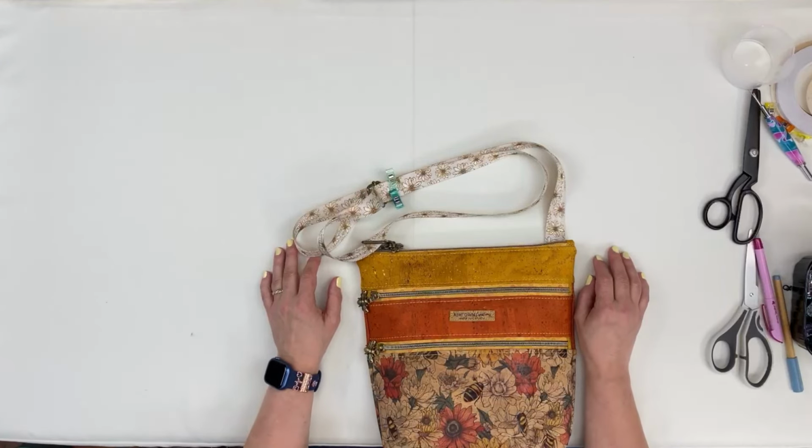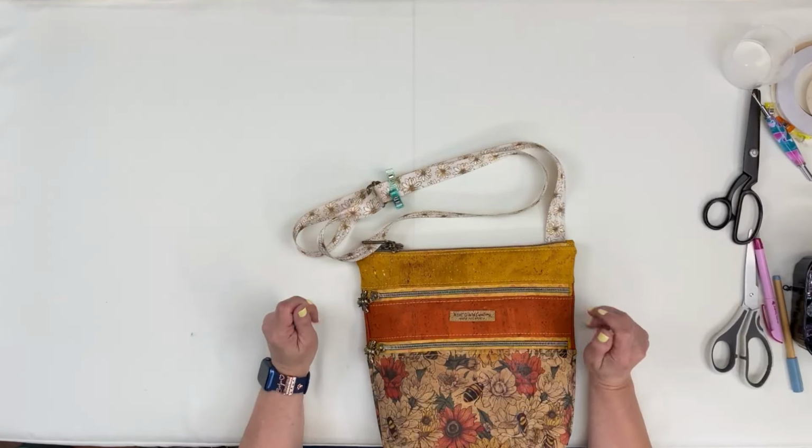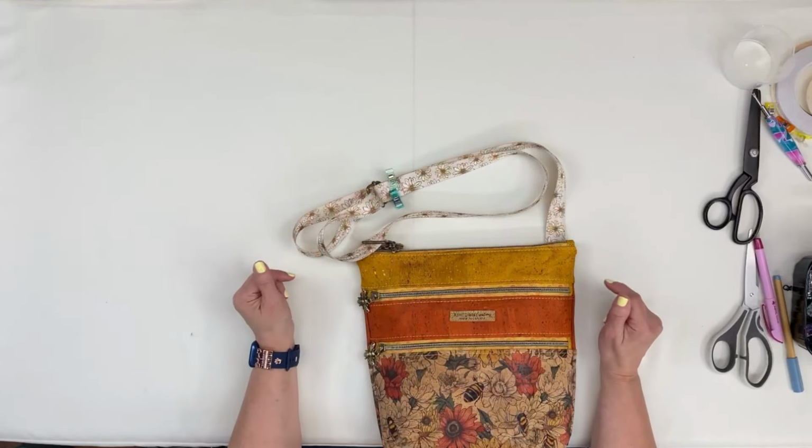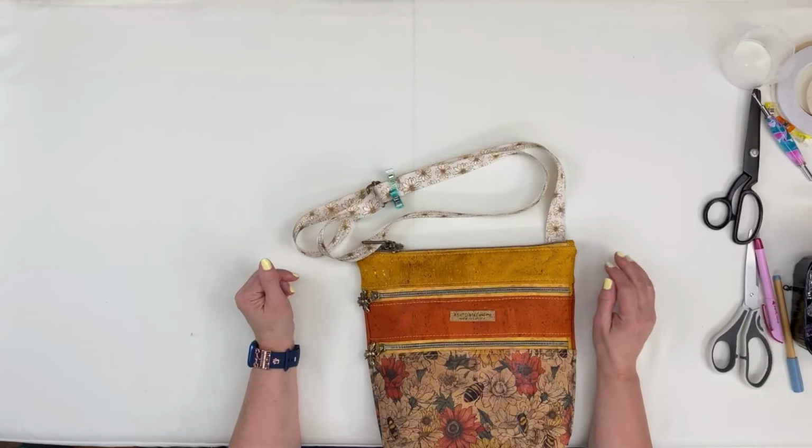In the pattern, she does say secure them down with rivets. That is up to you. If you want to secure them down with rivets, go ahead. I'm just going to be sewing them. So I'm going to go and do that on the machine now. You don't need to watch me do that. And then when we come back, the bag